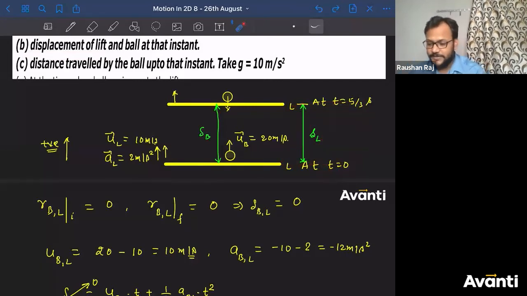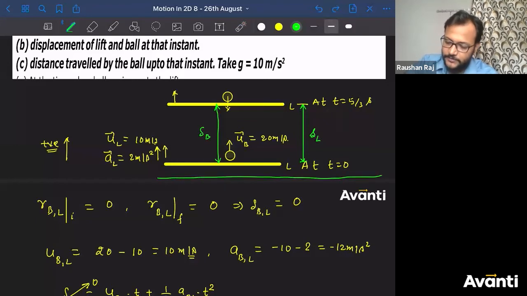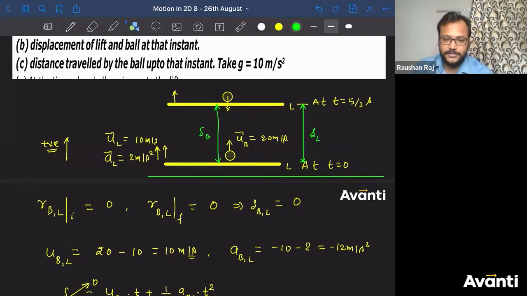See, I'm not going to repeat these basic things again and again, bacha. Otherwise, I'll be stuck in these kind of things only, where I have to teach you some other part. You have to take care of these things. Okay? Consider this is the ground. If you want me to go to this level, let me go to this. You'll understand why I don't go to that level. These are the things that you have to understand.